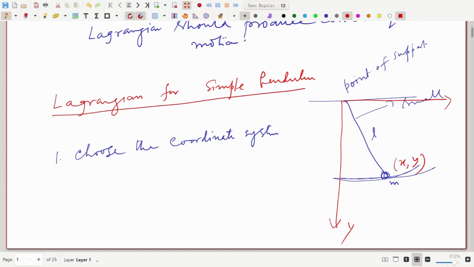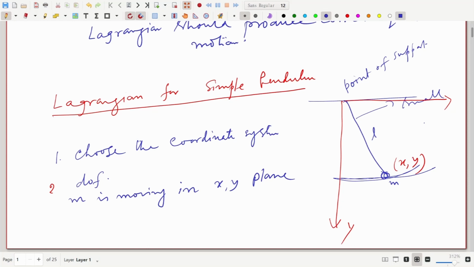Okay. So, I can write now. Then we have to find the degrees of freedom. So, the second step is you have to find the degrees of freedom. To find the degrees of freedom we need to know the constraints of the system. Okay. So, this mass m is moving in the xy plane, or oscillating in this plane,